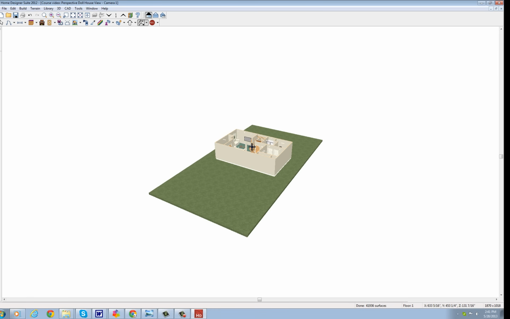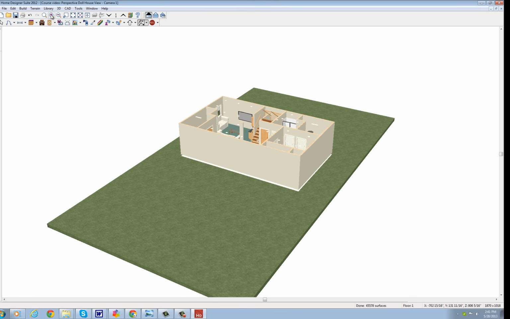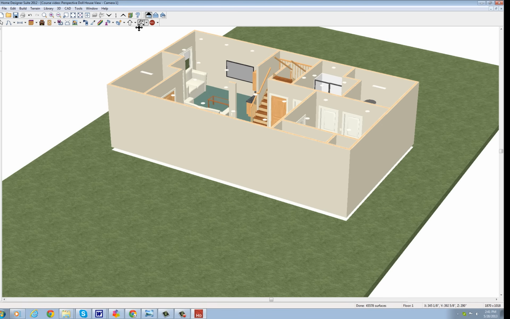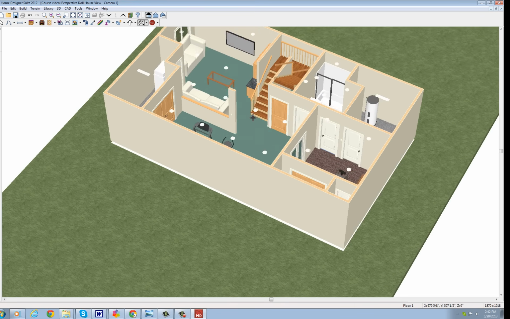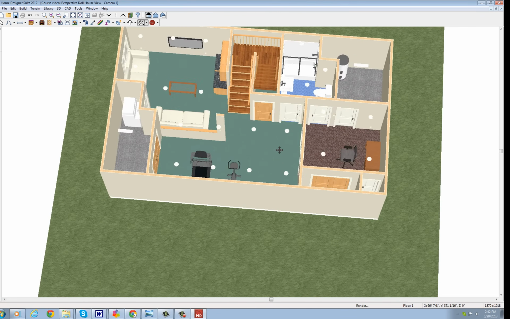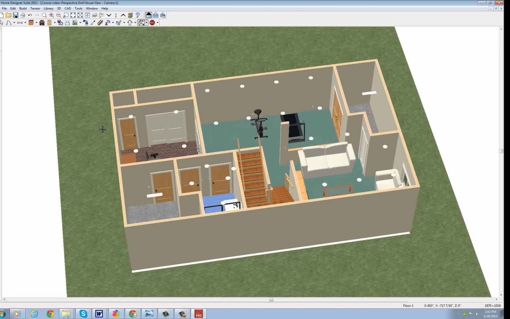Now we want to get a little closer, so we're going to go up here and click the plus sign that we have. We can go out or in. We're going to zoom in once, twice, click it again. We're going to go over here to the bow and arrow thing again. Do the drop down and get the mouse orbit camera. Left click, go into the middle of our drawing and left click and hold down and take a look down inside. Now, isn't that